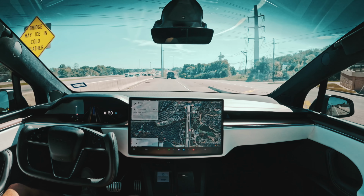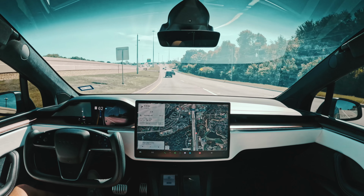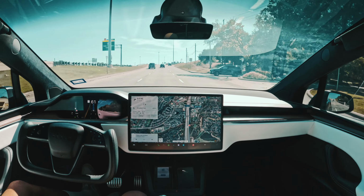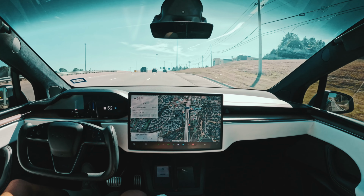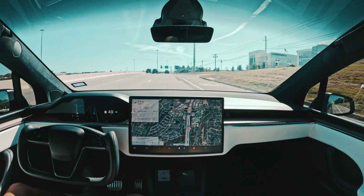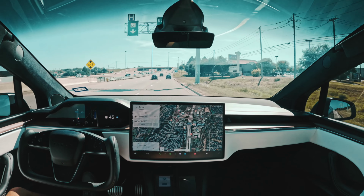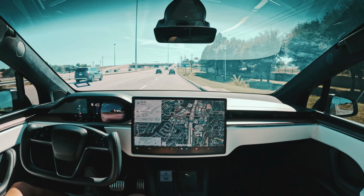And so for me, seeing the growth of this, and I have several videos on this street, this off ramp, where it was scary. It wasn't good at first, but the improvements are there, and the ability to get to your destination, Hardware 3, and then now as they're rolling out the latest software, version 14, being able to find a parking spot and park,